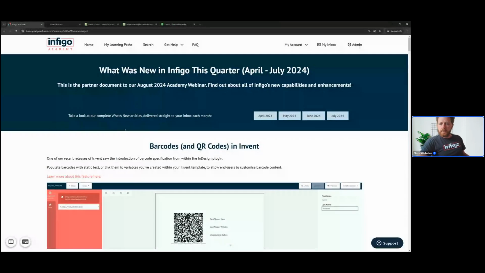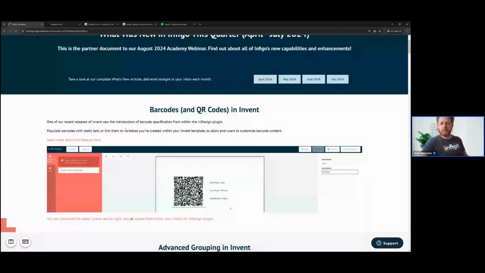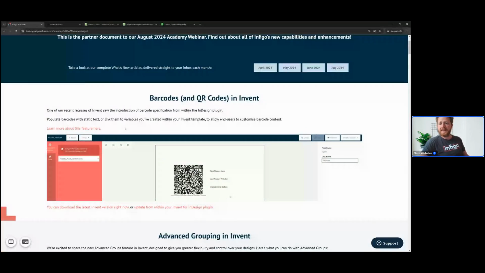Right, so what I'm going to do is work my way through this page I've made and show you a few of the different features that we've implemented. And I want to start off with a couple of things that we've introduced within Invent. Starting off,